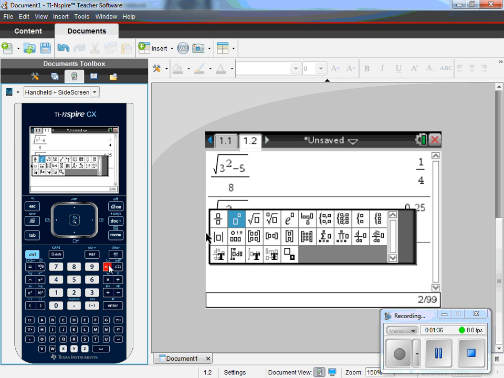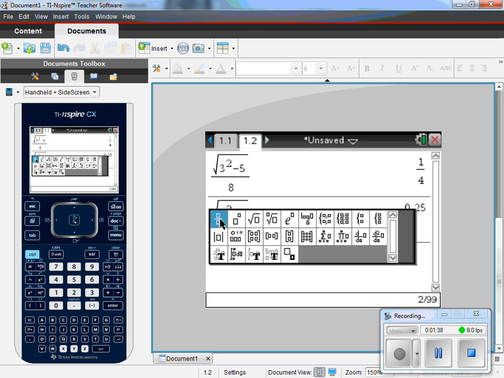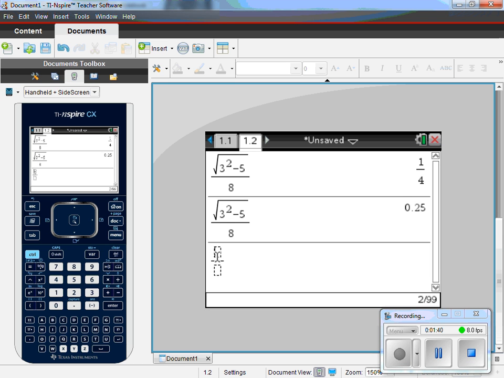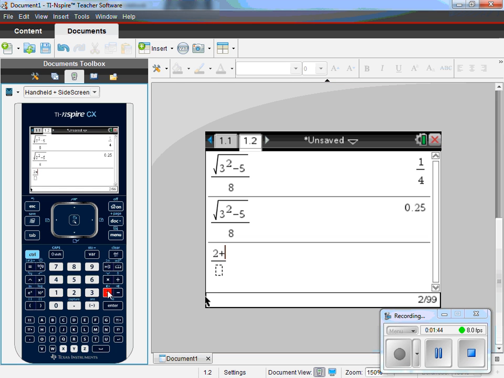So I go back into that same menu and hit fraction. And now I need to enter the top of the fraction, which is 2 plus 3. And I'm going to put it in parentheses just so my problem looks exactly like what's on the paper. So I did my parentheses with these little buttons over here. And then I'm going to use my arrow buttons to move down to the bottom. And I'm going to open a parenthesis. I'm going to type